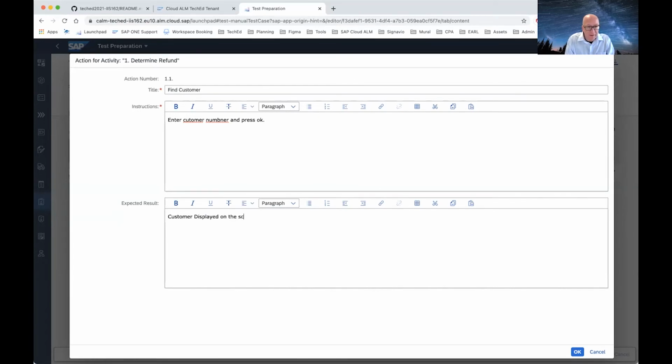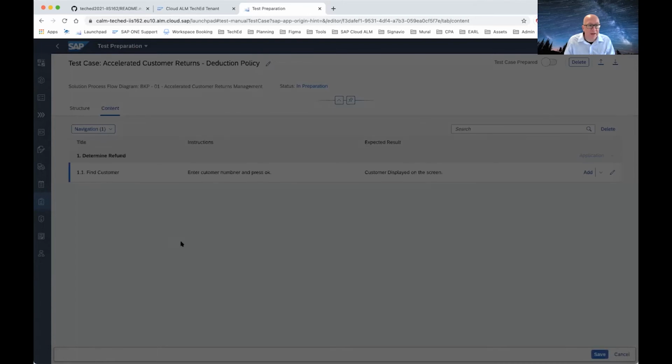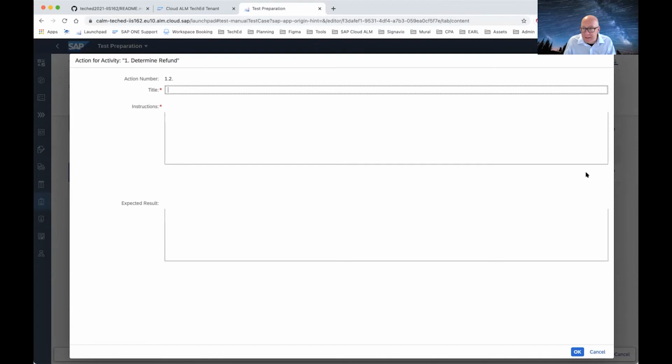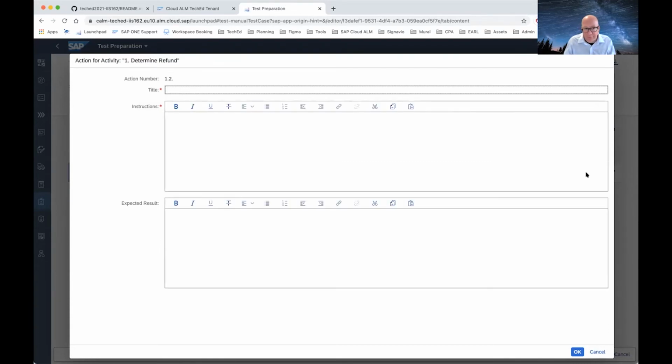on the screen. So you would now describe the actions that people perform and the results that you expect when they perform these actions. So I can just add here, okay. Now you see that we have here for that solution activity one step, but we can have multiple steps here. So for instance, if you have many entry fields, then you can actually define here very much in detail what data to add, what fields to fill, what fields not to fill, what buttons to hit, and so on and